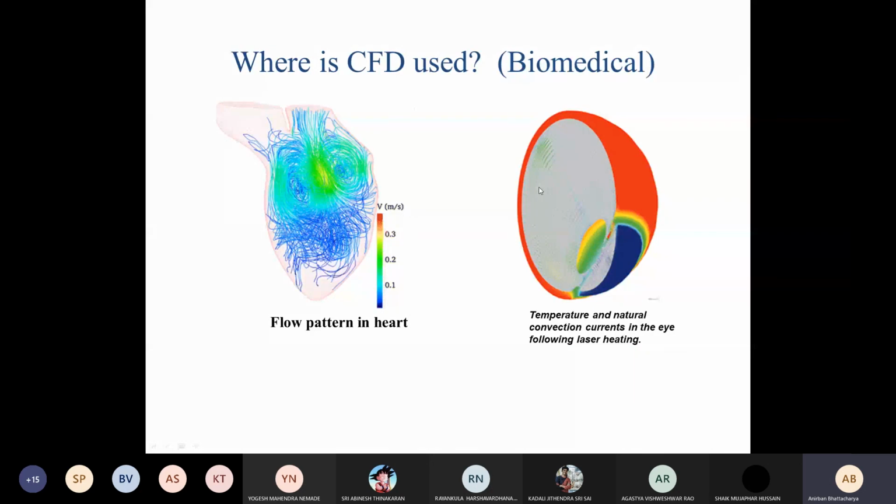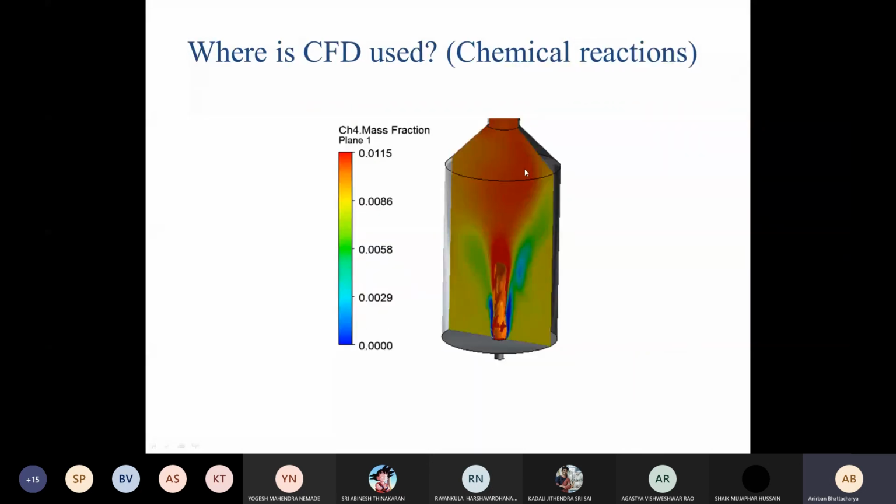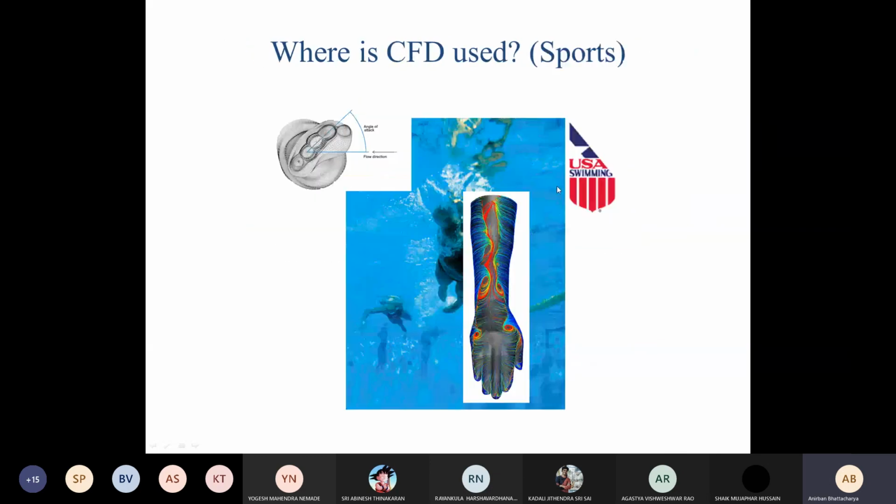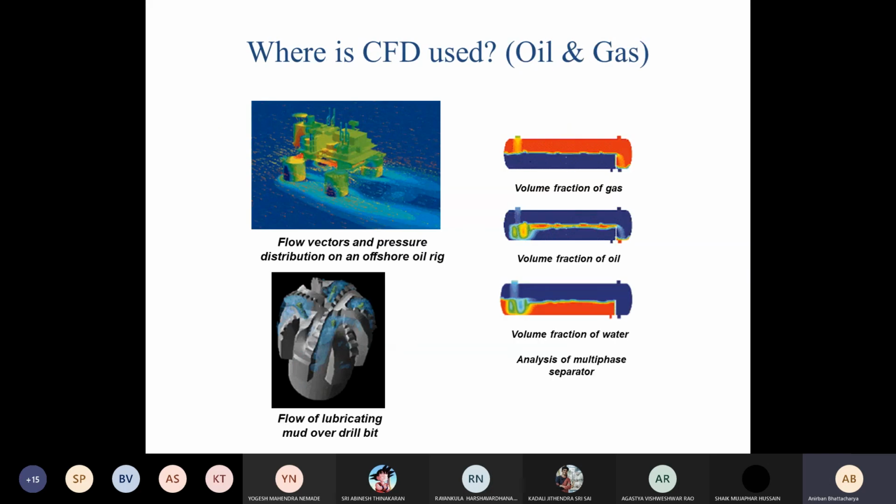Then some traditional areas like chemical reaction, marine technology, oil and gas. Then again areas where previously CFD was not used, but nowadays it is being used very much, like in athletics or sports, like swimming, to obtain better techniques for more streamlined movement. So we will see those, and I will show you some practical examples from our group, and we will then move on to the actual course.